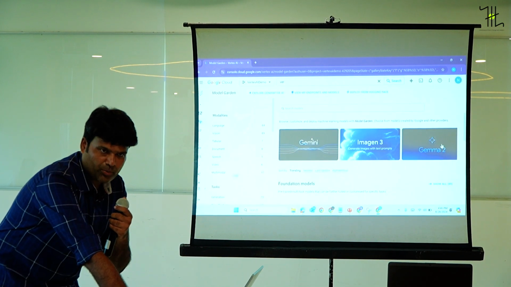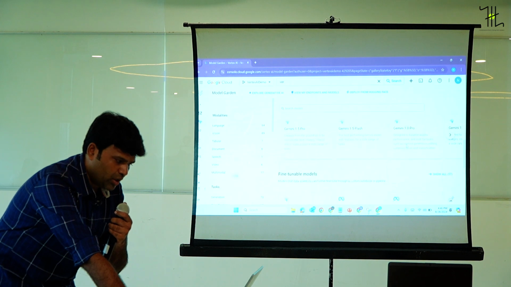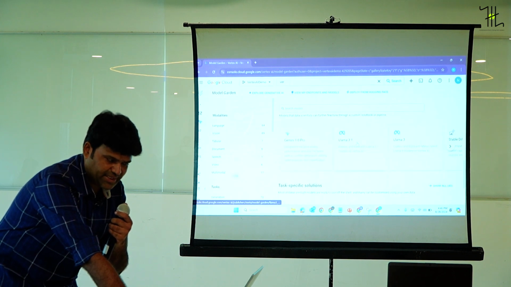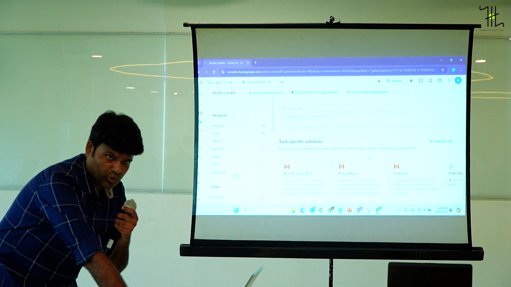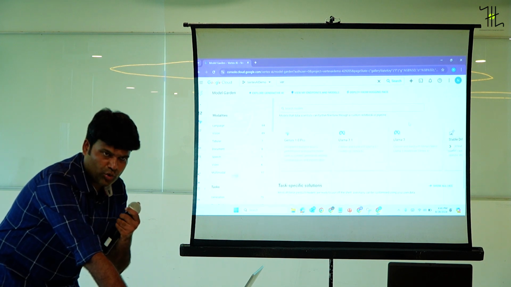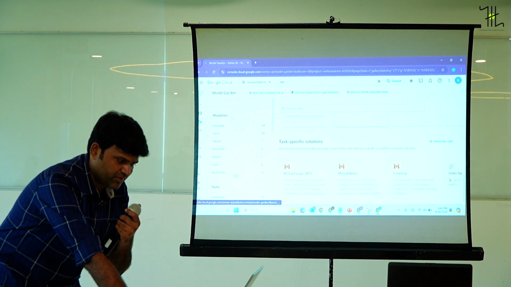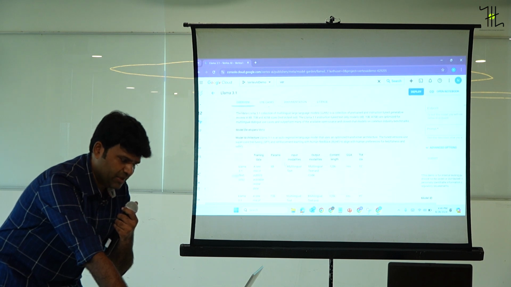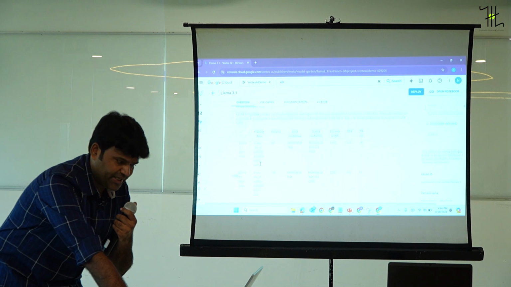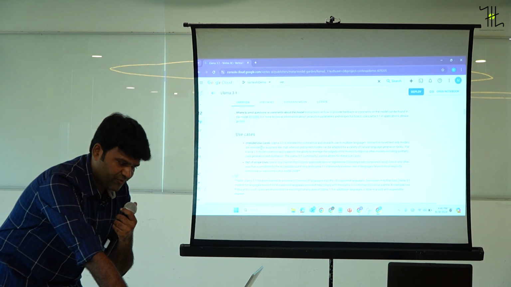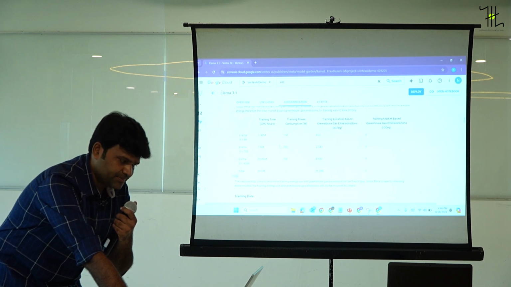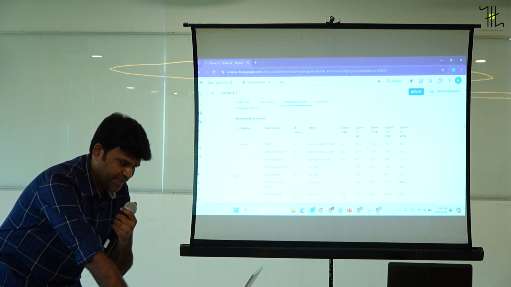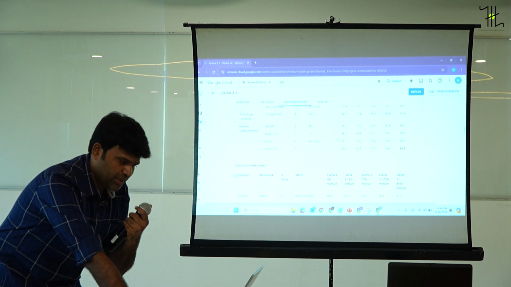For example, Gemma is an open source model from Google, so you can use it. Or some other providers, say I spoke about Meta or Mistral, which were in Azure OpenAI, are available in Google as well. So the same thing, whatever I explained, you can go to some model and you can see the details. For example, how many parameters, what is the training data source, and token limit, and also what kind of use cases I can use it for, and what training power they used, the carbon emissions, and what the training data is. Maybe here we have some detailed view, but more or less the same.